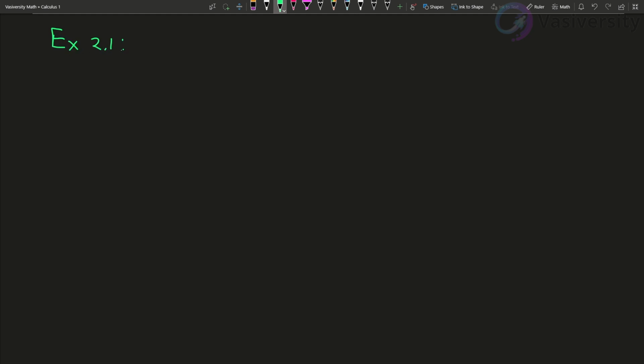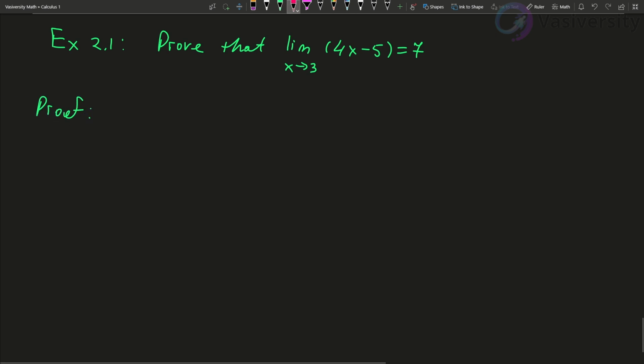Example 2. We're going to prove that the limit of x approaching 3 of 4x minus 5 is equal to 7. We want to use the epsilon definition. So, proof. Let epsilon be greater than 0. We want to find delta such that